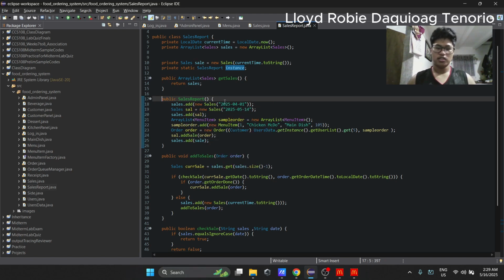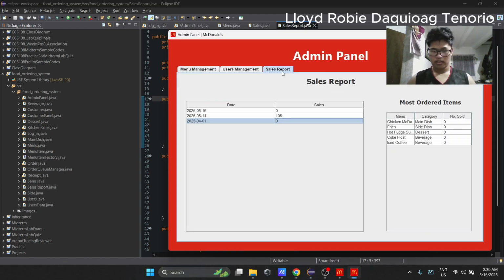We have sales added that are dated from April 1 to May 14. Inside that, we have a sample order in which we pass a menu item of Chicken McDo through the order. So this is the sales report, May 14.